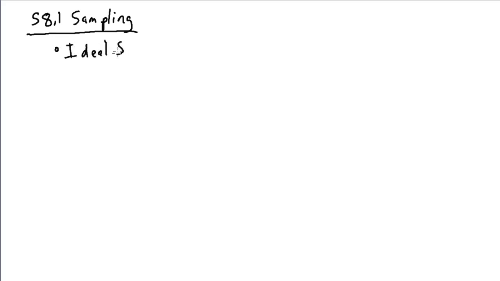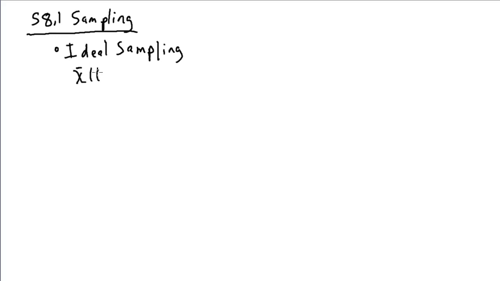Let's talk about sampling. We're starting in Chapter 8, Section 8.1 of the text, on sampling. This is the first step in the conversion of a continuous time signal to discrete time. First we'll talk about ideal sampling. Understanding ideal sampling will help with understanding practical sampling. So here we're going to multiply x of t by